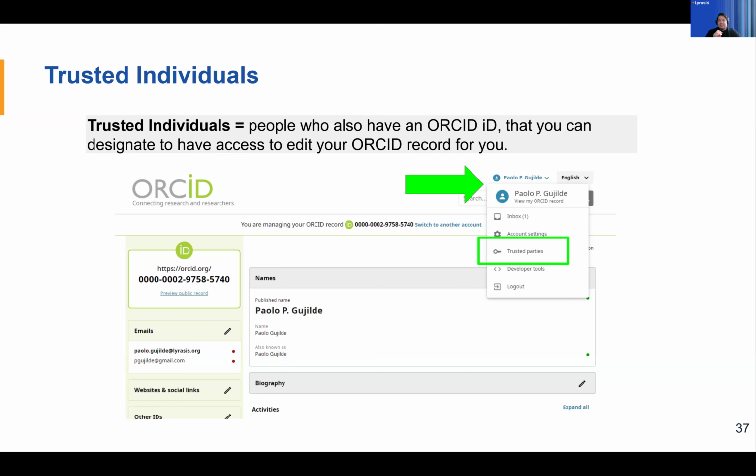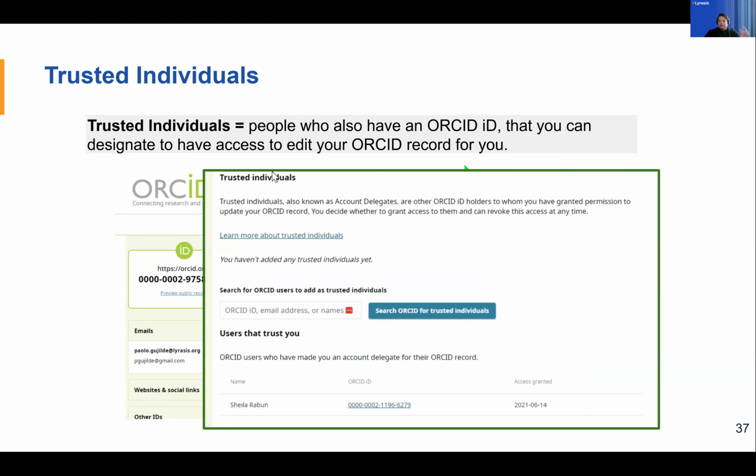So that's another way people can use ORCID. You go through trusted parties, then trusted individuals, and search for somebody's ORCID ID or name. The most important thing is that the other person needs to have an ORCID ID as well. I added my colleague here so they can update my ORCID record.